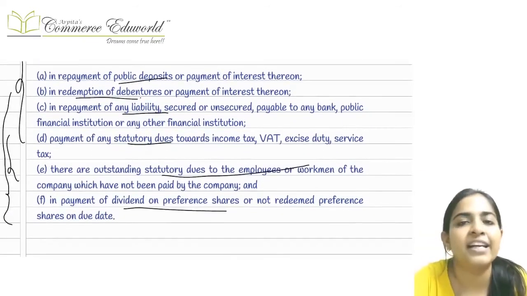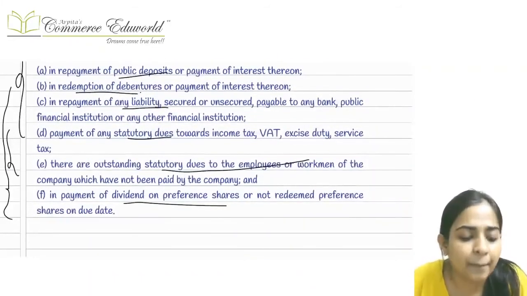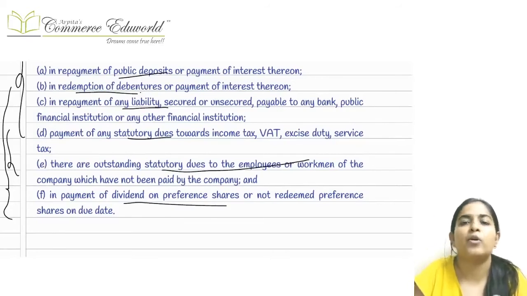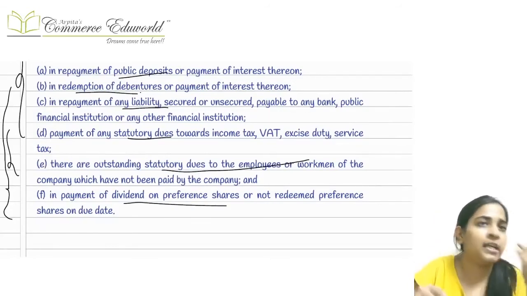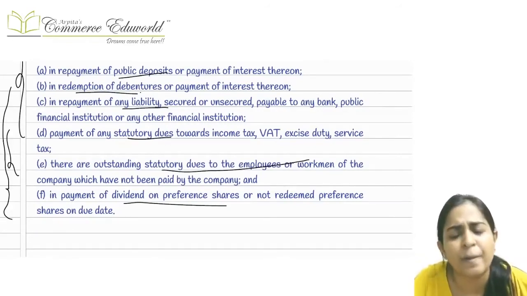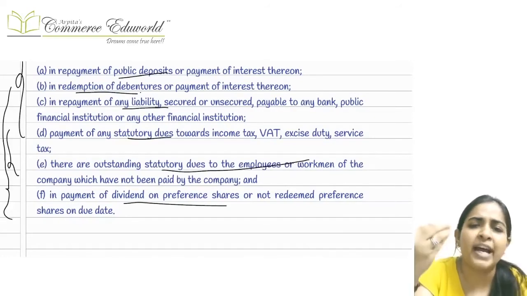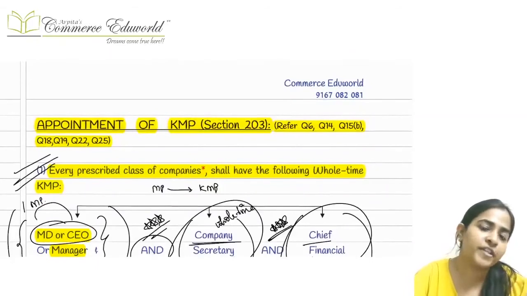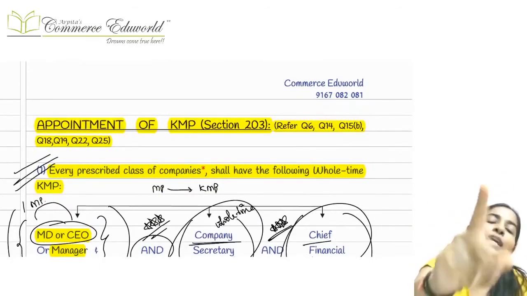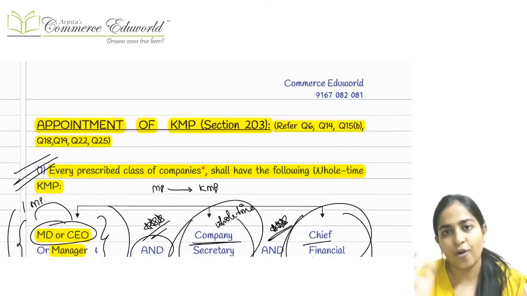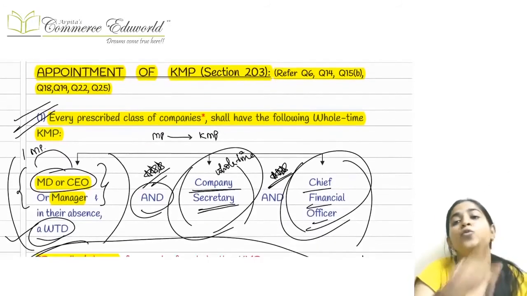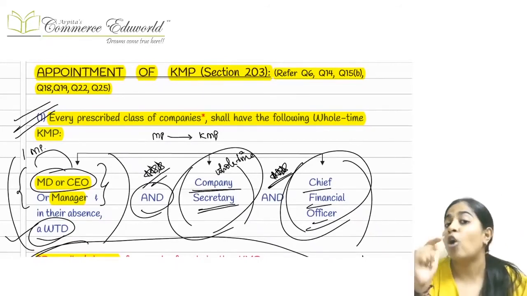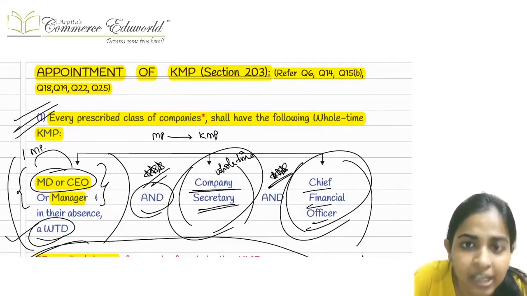Also, now we have taken some point from the relevant rules here, that if the company has done any default with the outsiders, maybe non-redemption of public deposit, non-redemption of debentures, or if there is any statutory dues pending, if there is any government dues pending, if any employee dues are pending, if you have done any default with the outsiders, then boss, you cannot pay any compensation for loss of office. First clear the dues of the outsiders, then only you will be eligible to pay the compensation for loss of office. And just remember, section number 202 was applicable only for managerial personnel, not for other directors.